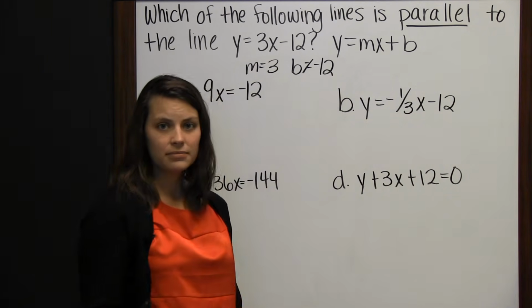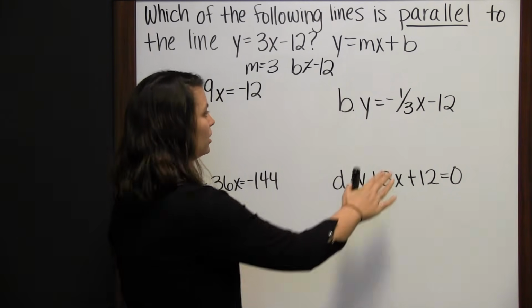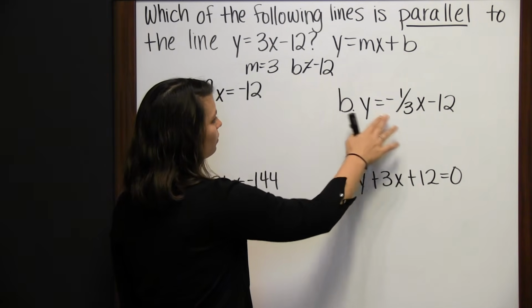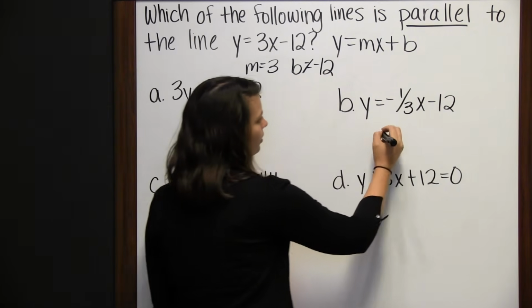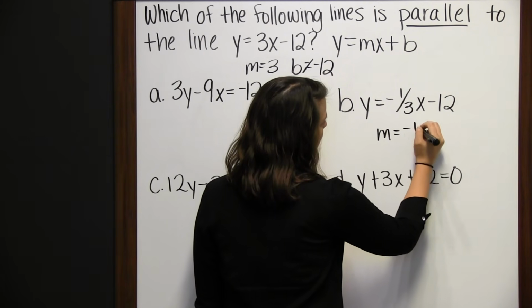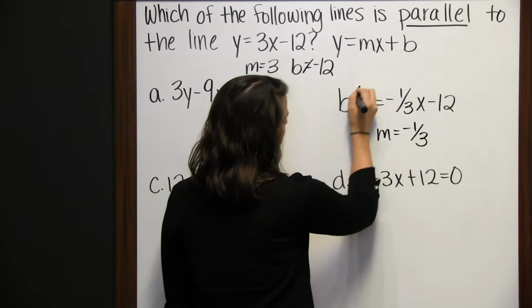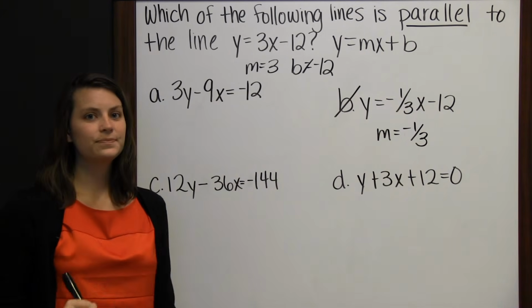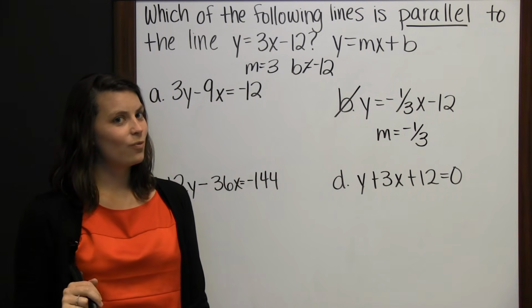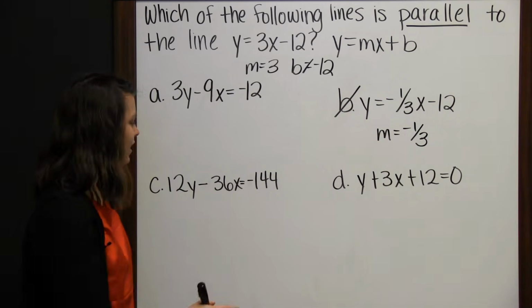And again, m stands for slope, and our slopes have to be equal for our lines to be parallel. Since this slope is -1/3, it is not parallel to our line. So we've already eliminated one answer choice. Now let's look at